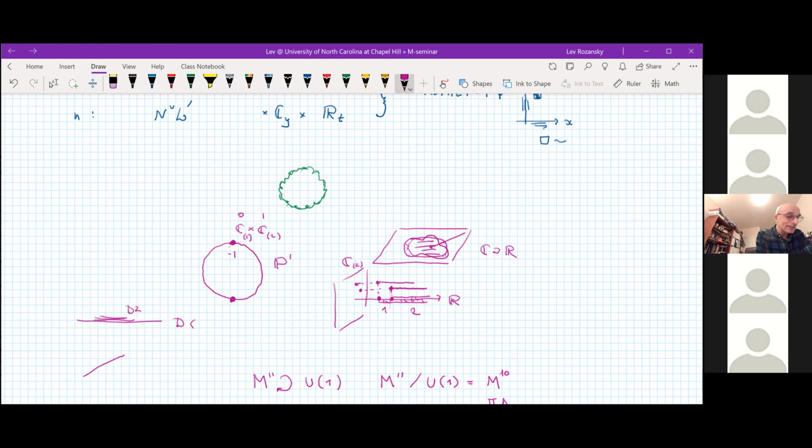This is one D6. So you have a string which everywhere begins here and ends there. And this is your framing vector V. And you also have a perpendicular string which connects this D6 to the center of this stack of D2s. And this one generates the sum of exterior powers of Vn in the story about A degree. This is originally, you know, A degree comes from M2s which wrap P1, the base of